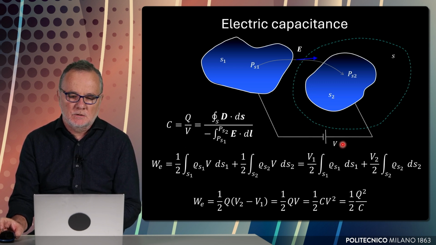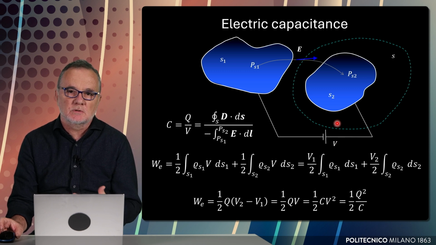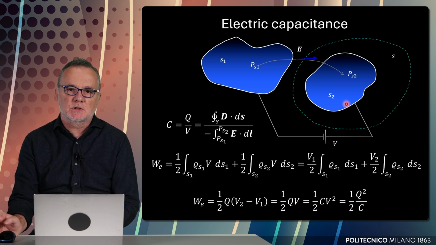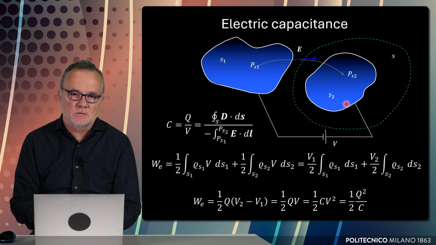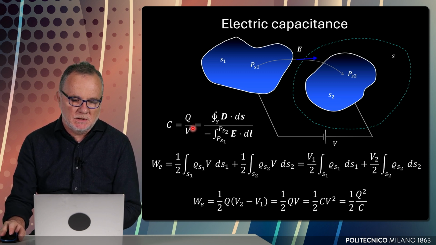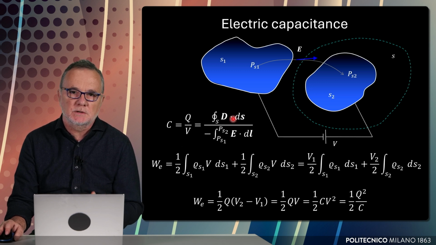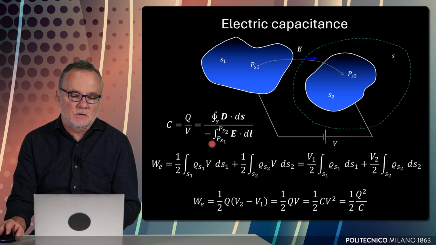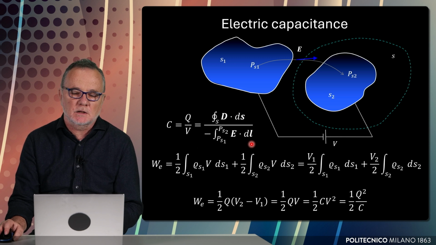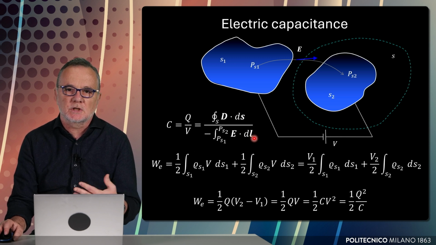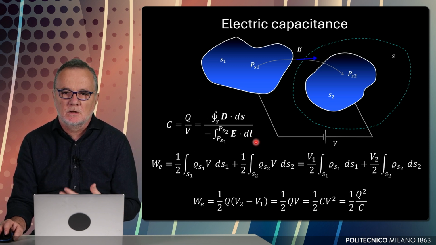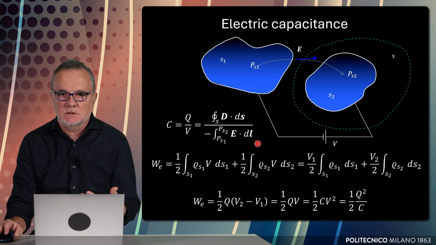Okay, the capacitance of this two-conductor system is the ratio between the charge on the positive conductor divided by the voltage difference. So we can express this ratio also in terms of fields, and specifically we can write the D field, because the charge is related to the flux of the field, and the voltage in terms of the line integral of the electric field, so that we can write also an expression for capacitance that takes into account only the D and the E field.